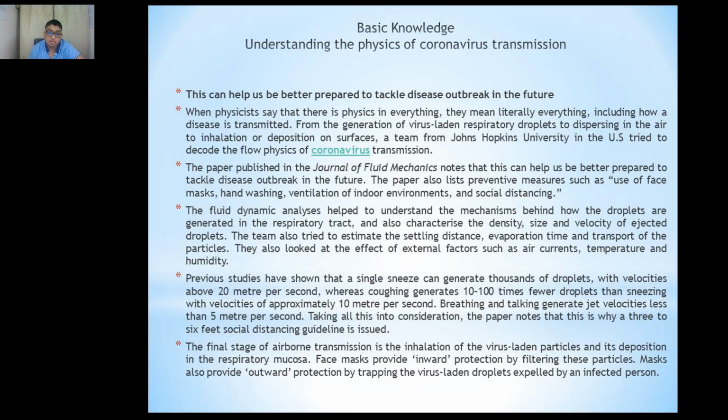Previous studies have shown that a single sneeze can generate thousands of droplets with velocities above 20 meters per second, whereas coughing generates 10 to 100 times fewer droplets than sneezing, with velocities of approximately 10 meters per second. Breathing and talking generate jet velocities less than 5 meters per second. Taking all this into consideration, the paper notes that this is why a 3 to 6 feet social distancing guideline